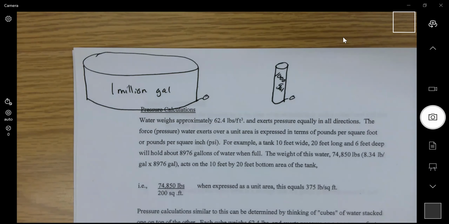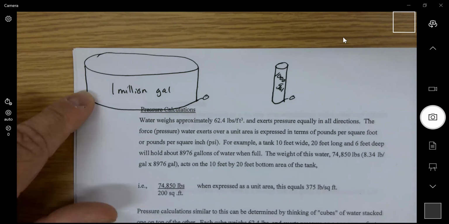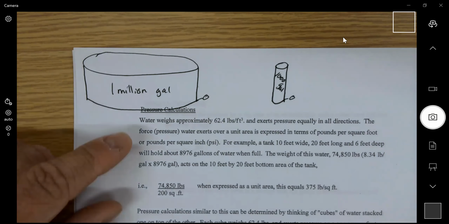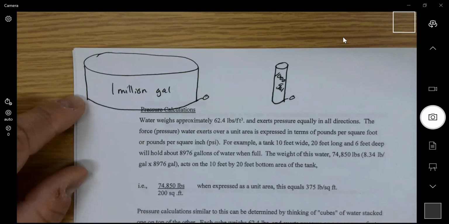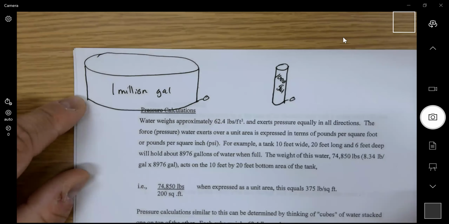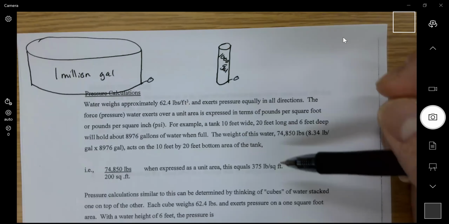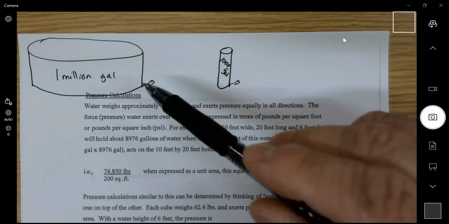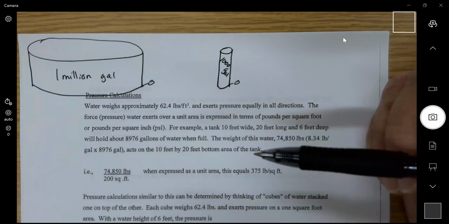Well, part of me would say the 1,000,000 gallon tank, it's got 1,000,000 gallons. Of course, it's going to have more pressure, correct? Or is that right? Well, it's actually the same, because would you agree that both of these are the same height? They look really close to the same height. Yeah, of course. So they're the same height. The 1,000,000 gallons does not have more pressure. Yes, the tank is bigger. Yes, there's more water there. But the thing about it is,